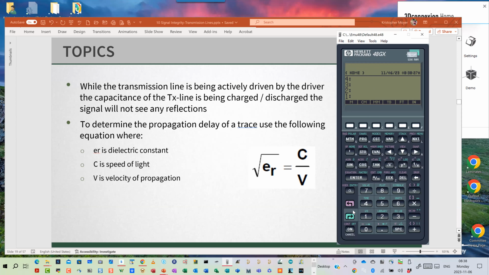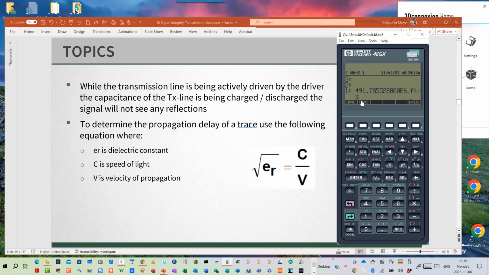Let's take a material. First off, let's put the speed of light onto our stack. Okay, so let's take this and we're going to divide by square root of dielectric constant. In this case, let's assume a dielectric constant of 4.0, a pretty average number for most of the materials we use in our boards. So square root of 4 is 2. I'll divide that by 2, and I have 491 million feet per second